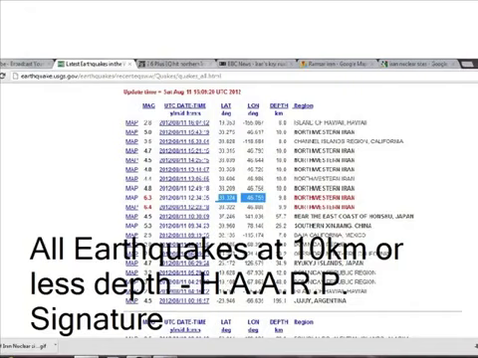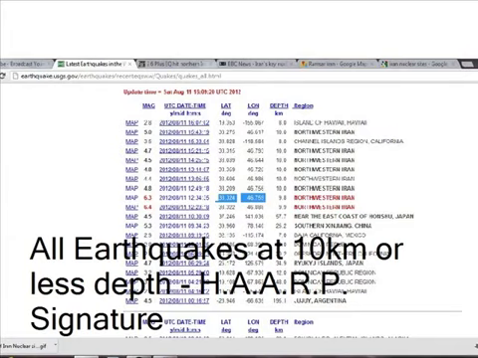If we look at the USGS website, we will see the data for these earthquakes today. It shows the time, it shows the exact location in latitude and longitude. It also shows the depth. And what is interesting about the depth is if you look at these earthquakes, all of them are 10 kilometers or less in depth. Now this is a sure sign. I will not say an absolute sure sign, but it is an indication that these earthquakes were artificially generated with